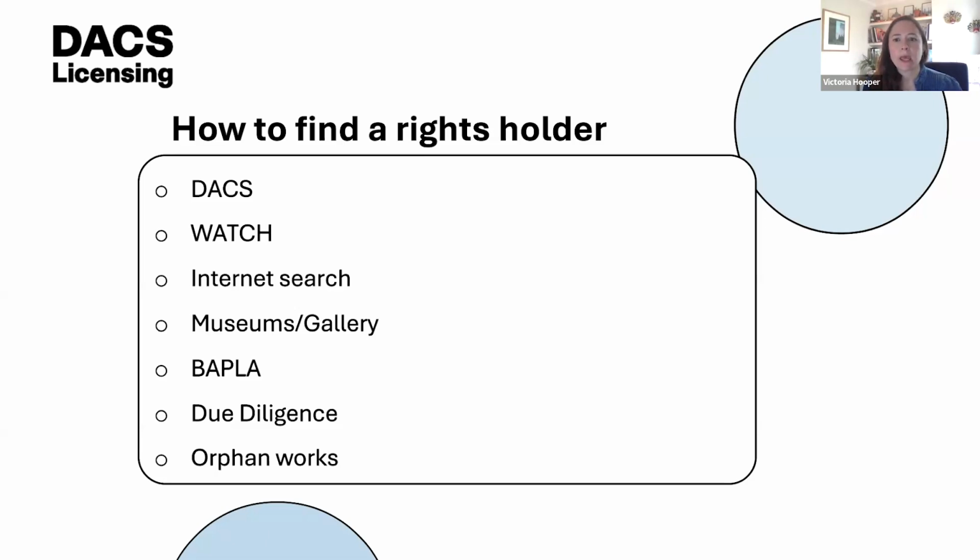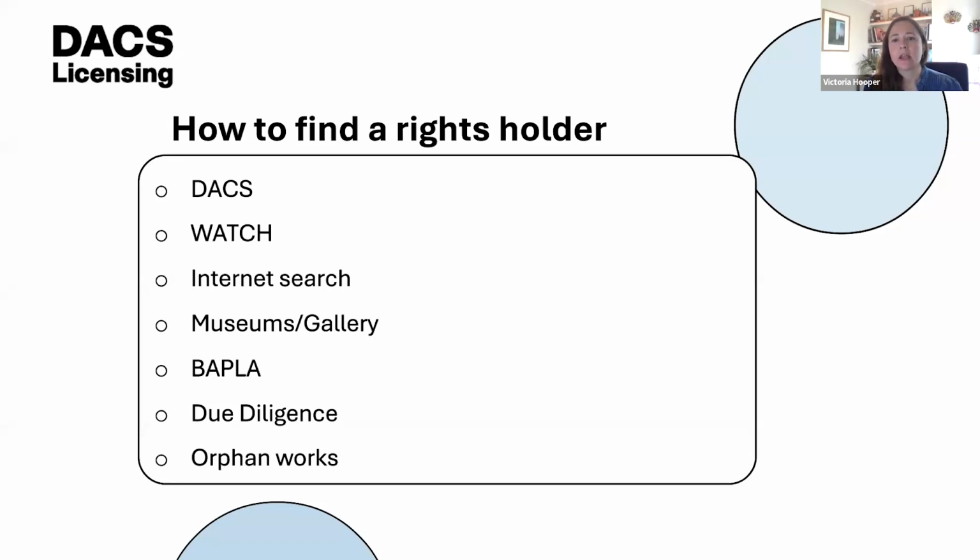So again, how do you know where to go to clear that copyright? So obviously, my recommendation, first port of call will be DAX. Our website has actually just had a complete overhaul, so hopefully you'll find it user-friendly. But there you'll be able to search for over 300,000 artists that we represent worldwide just by typing in the artist, either first name or surname, or even pseudonyms. And hopefully you'll be able to get a successful match.